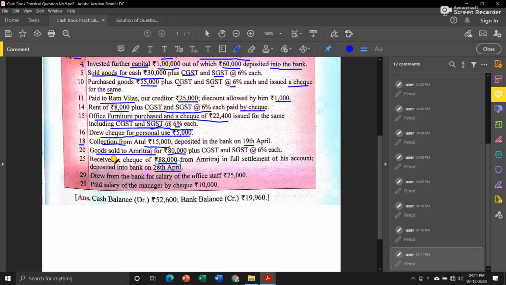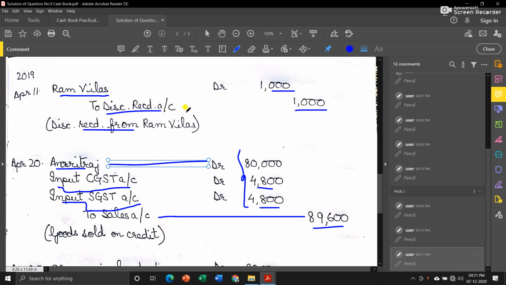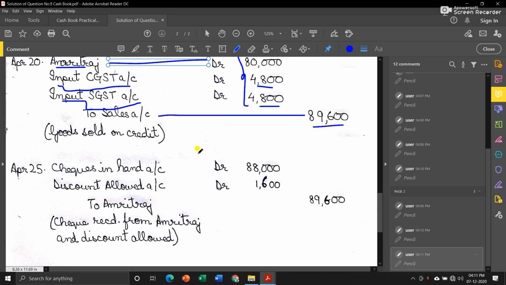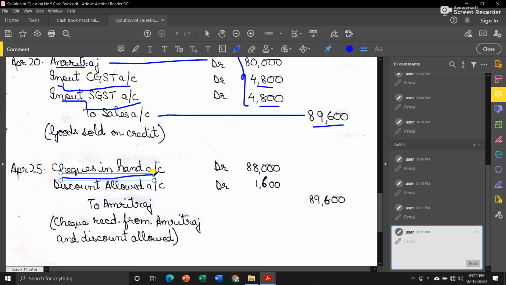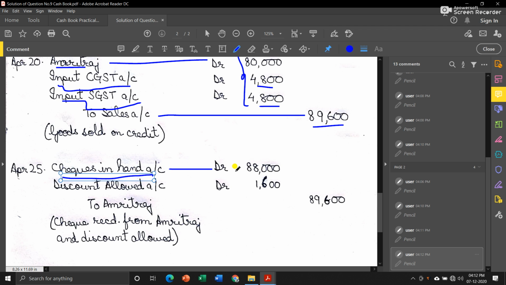So for this receipt of check, we will pass one journal entry instead of recording it into the cash book. So checks in hand, because we are holding the check in our hand as of now, we are not depositing it into bank, so we will write checks in hand account debit, the exact value of check, that is 88,000. Then